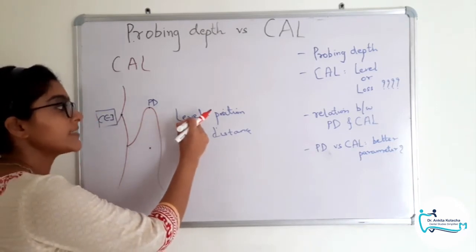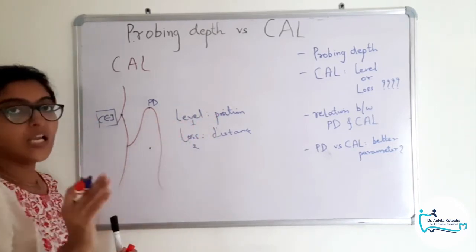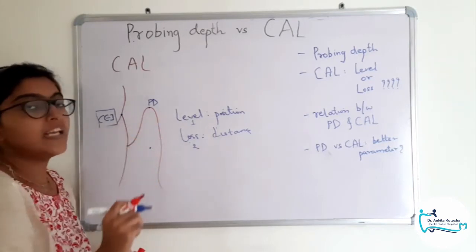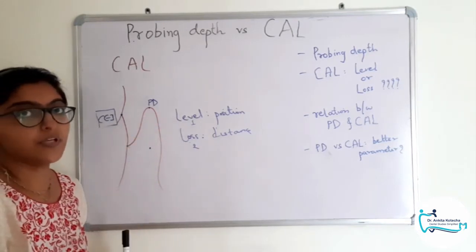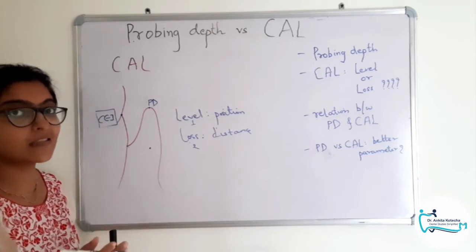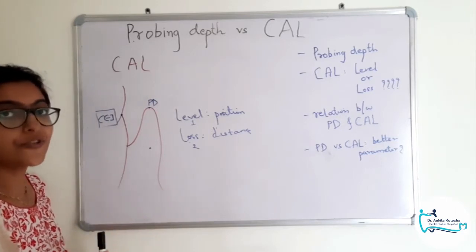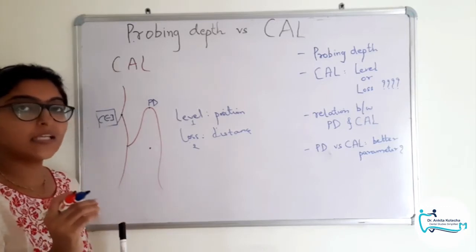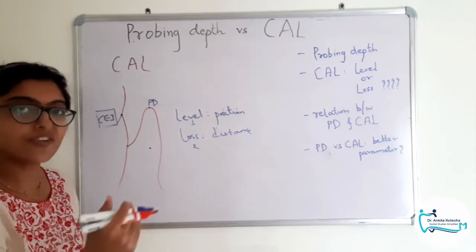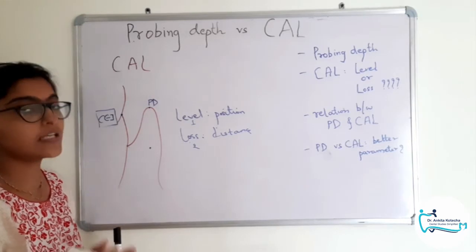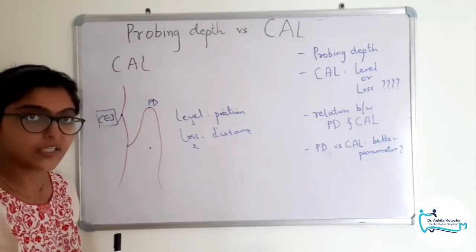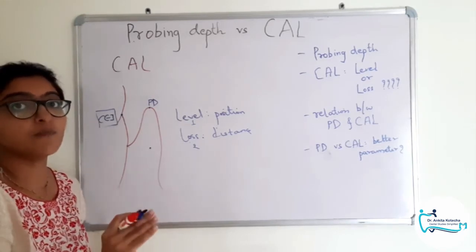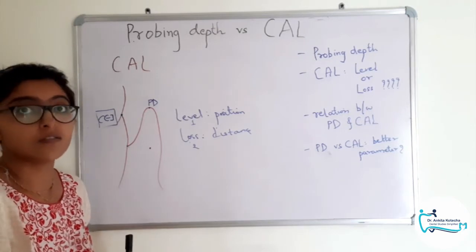And for level, it is a single value entity. I'll explain. Level is the preoperative parameter. So before starting any surgery, before doing any treatment, if we measure the CAL, it is referred to as clinical attachment level, because when the patient visits us in our clinical setup or even during our college OPD, we don't have any reference value to term it as loss.